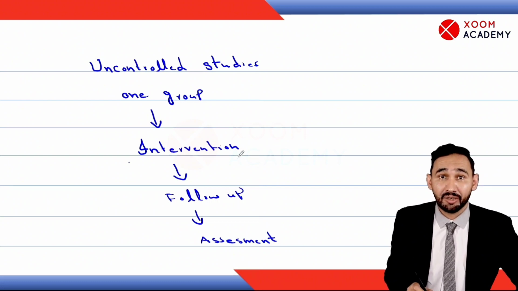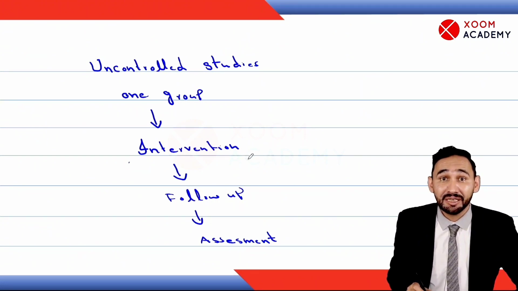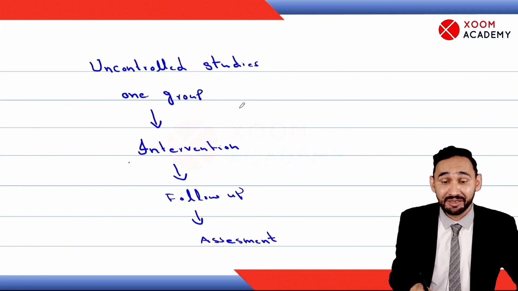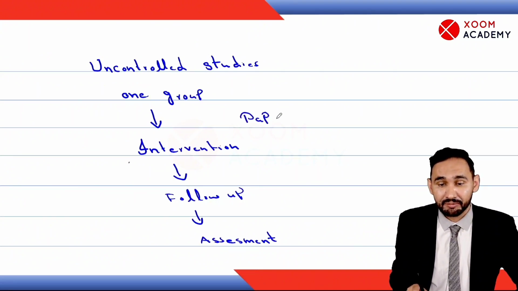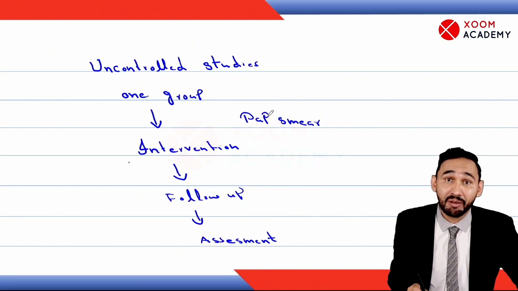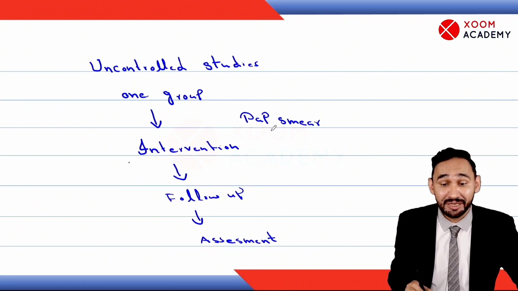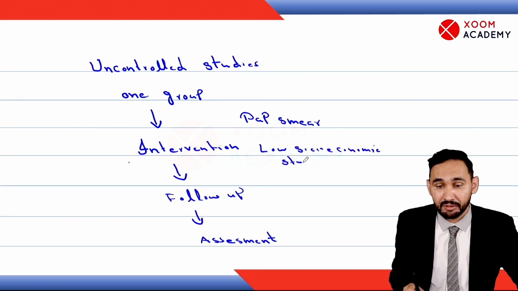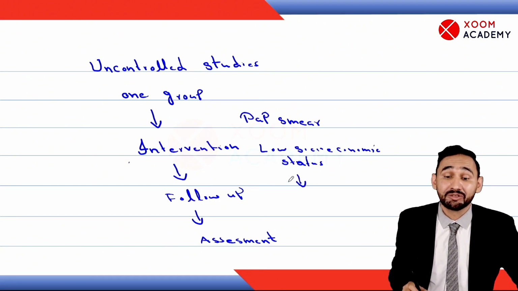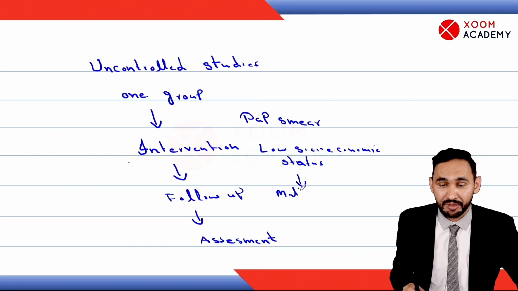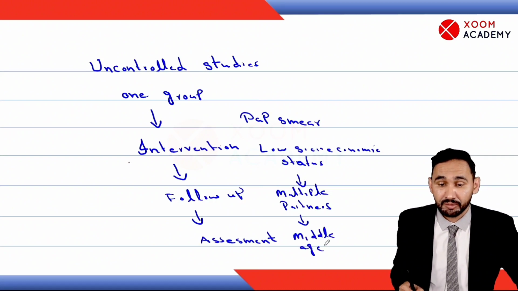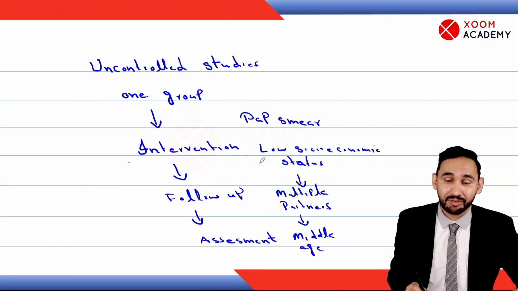Like we already know from observational studies that pap smear is diagnostic and screening test for cervical cancer. So we'll do pap smear. We take a study population from reference population. We know that cervical cancer is common in female of low socioeconomic status. So we will consider low socioeconomic status. And then it is common in females who have multiple sexual partners. So we will consider multiple partners. Then it is common in female of middle age. So we will select the study population according to this criteria.